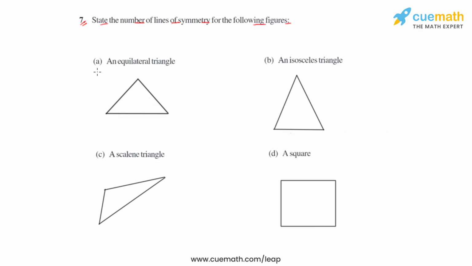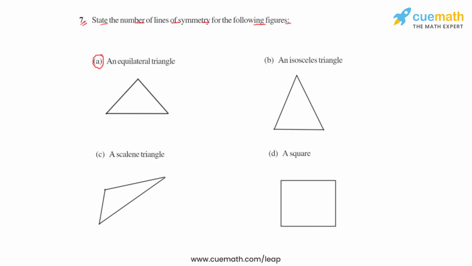As we all know, all regular polygons are symmetrical figures. A polygon is said to be regular if all its sides are of equal length and all its angles are of equal measure. Each regular polygon has as many lines of symmetry as it has sides. Based on the symmetry of an equilateral triangle, we know that it has all angles of equal measure and all sides of equal length.